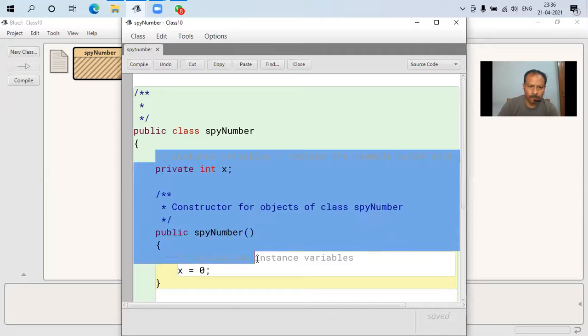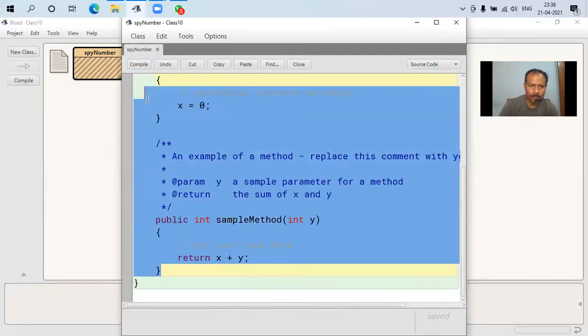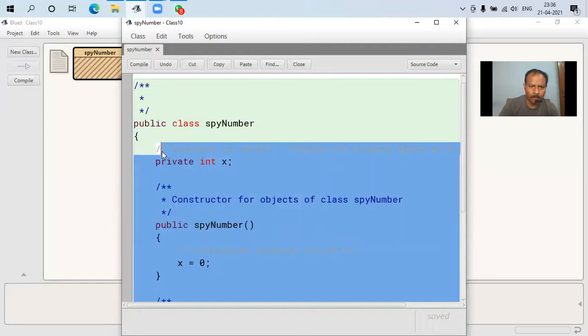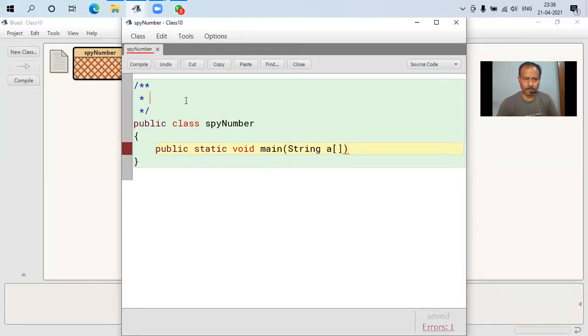Now we're going to remove this. Now just write the description over here.